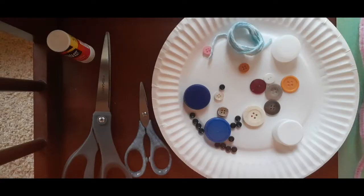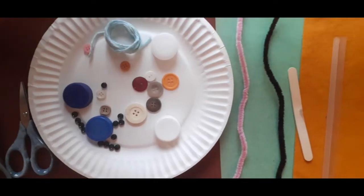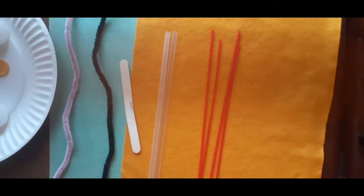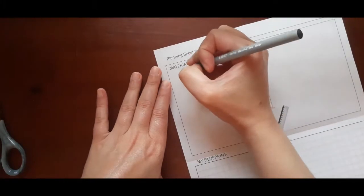These are the materials that I have for my Maker Inventor kit. These are the different items that I can use to make something. I'm not sure what I'm making yet, but this is all the cool stuff I have. My materials are